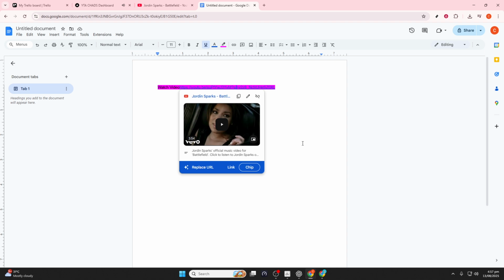organized and professional document. Whether it's for collaborative projects, teaching, or simply enhancing your digital content, this skill is sure